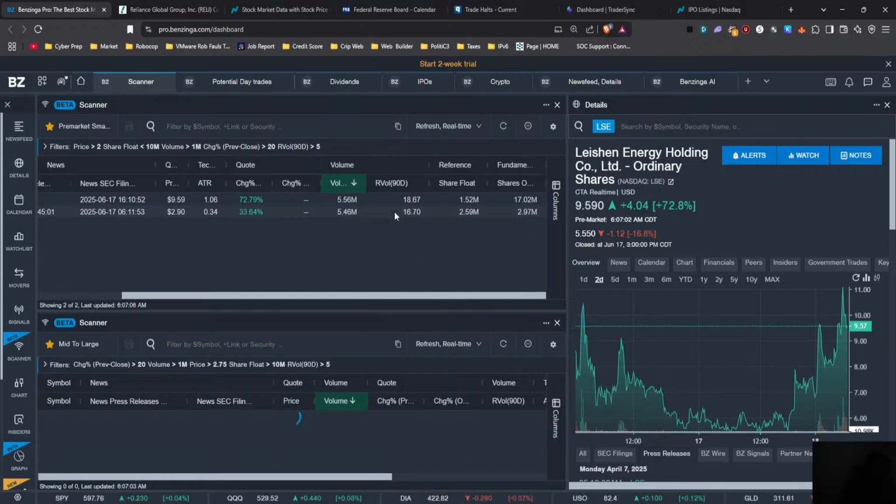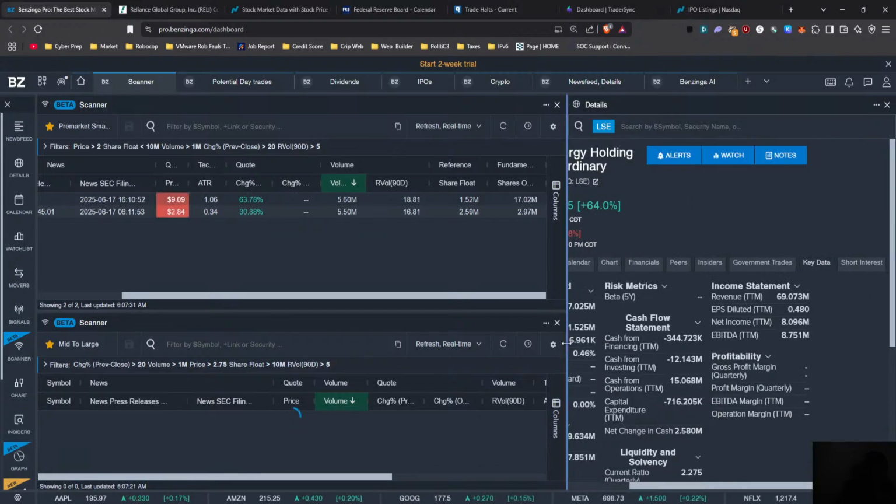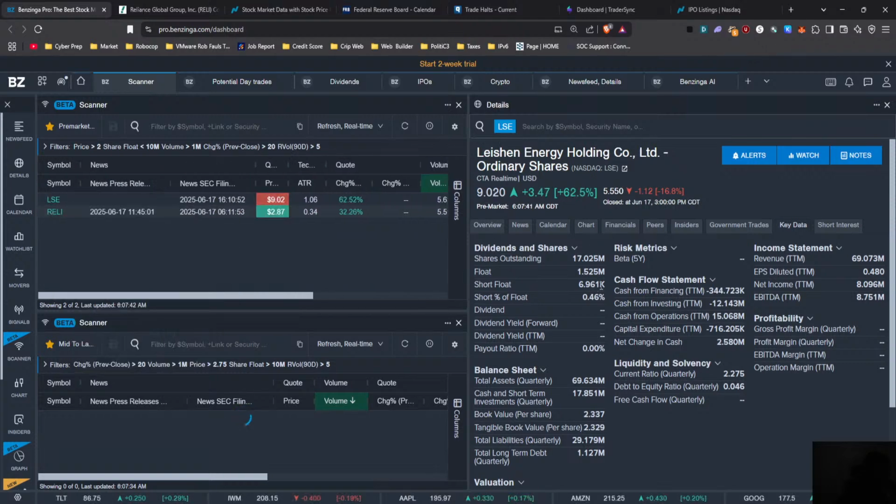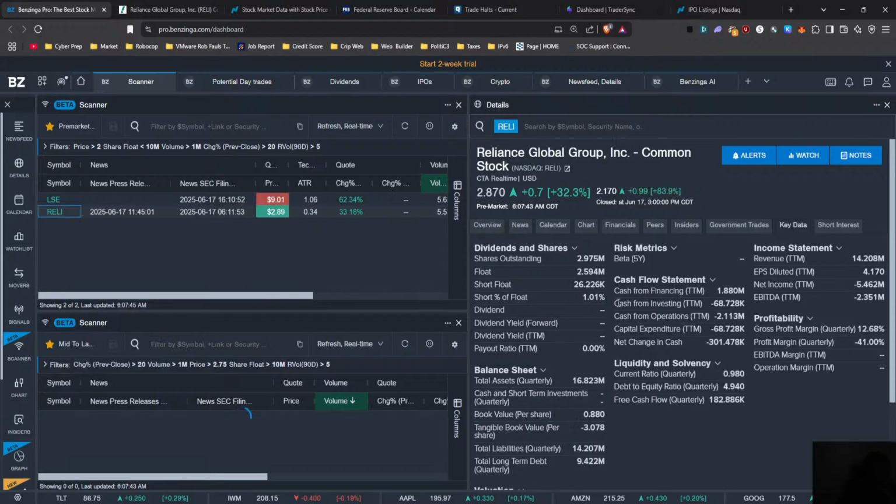Volume, we already talked about that. Relative volume, just about the same on both of them. 18 times the normal relative volume on LSE, 16 times the normal relative volume on RELI. Floats, LSE has a lower float of 1.5 million in the shares outstanding. Let's go look into the key characteristics, key data. All right, so shares outstanding, float, short float for LSE, 6.961K, short float